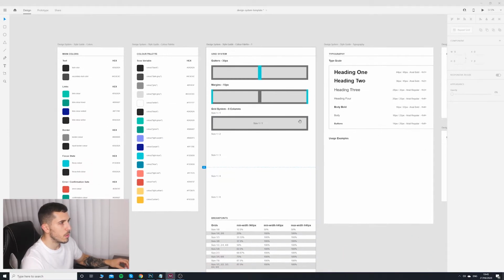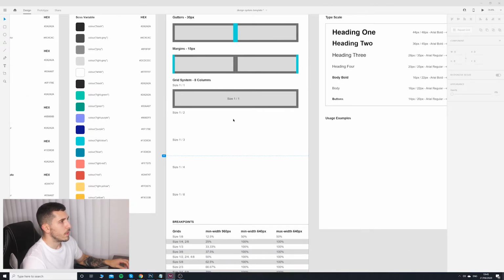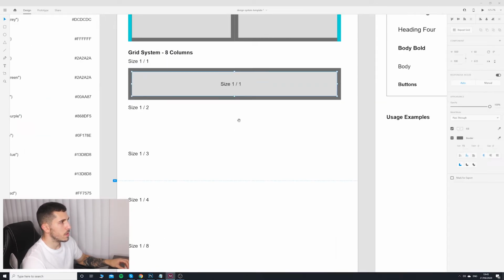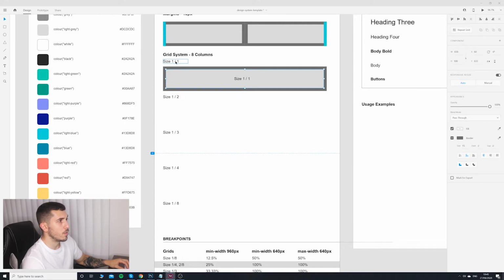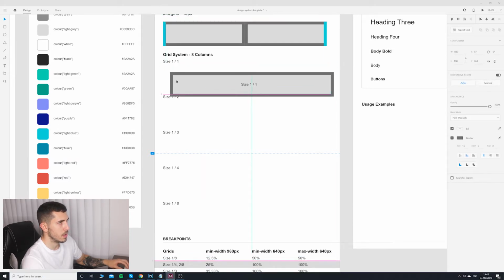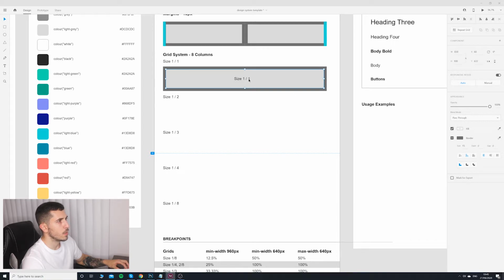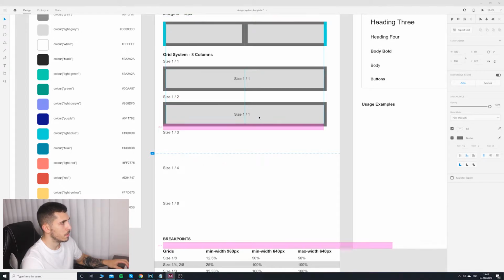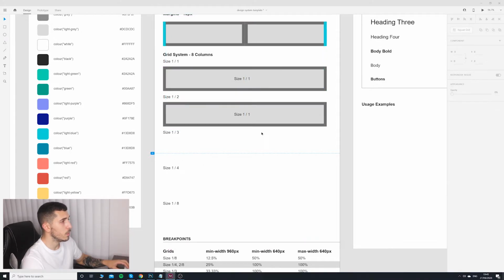Okay, next we will want to define some columns. So this is column size 1 of 1. What does it mean? It means that it's going to take the full width of the window. So for screen size, it's going to take full width, one column of full width basically. I'm going to copy this and paste it at the bottom, and we want to give it